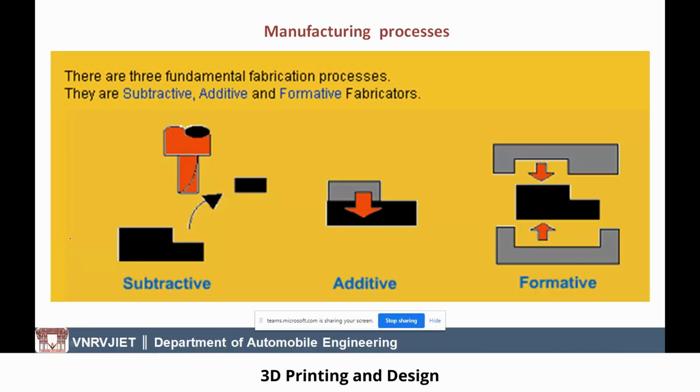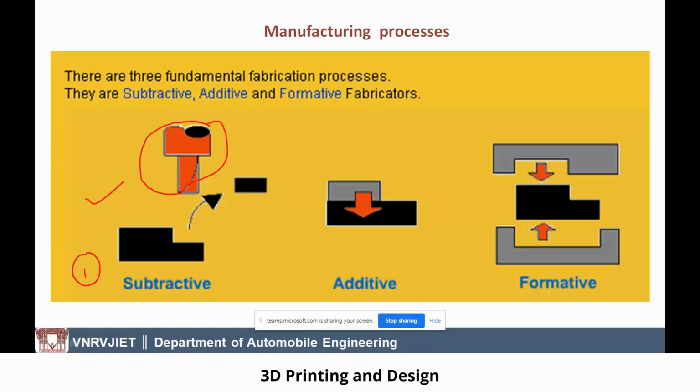In a subtractive process, we take the raw material and remove the unwanted material with the help of a specially designed cutting tool. Then we get the required shape. That is one manufacturing process we call subtractive,